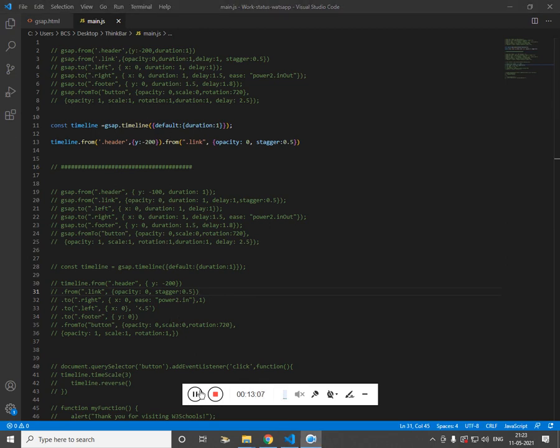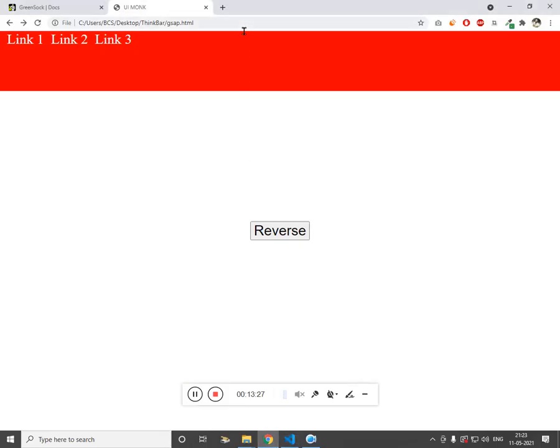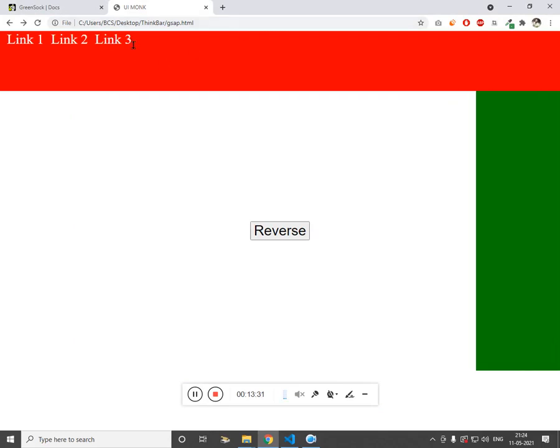And now I want the right sidebar to show up. So for that, let me copy it from here. I'll dot 2, and we don't need delay and duration. So if I show you how it looks, we have header, link and sidebar, and after this shows up, then this comes.